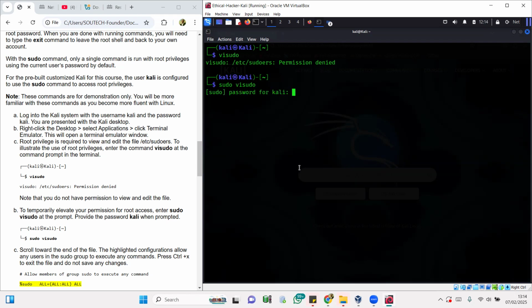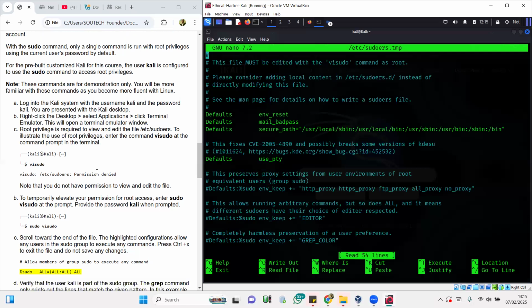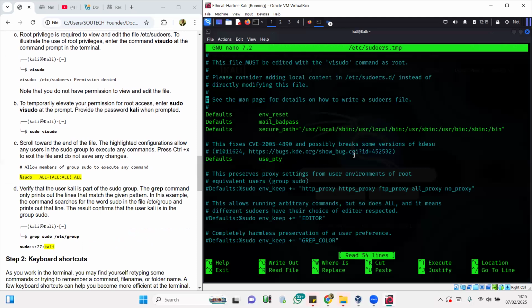So you see, it's now going to ask me for my password, right? It wants to confirm that I am actually the administrator. Note that you're not going to see anything as you type, right? But it will take note of what you've entered. So this is the file. You want to look at this file, you want to edit the file. Now scroll to the end of the file. You're going to see,